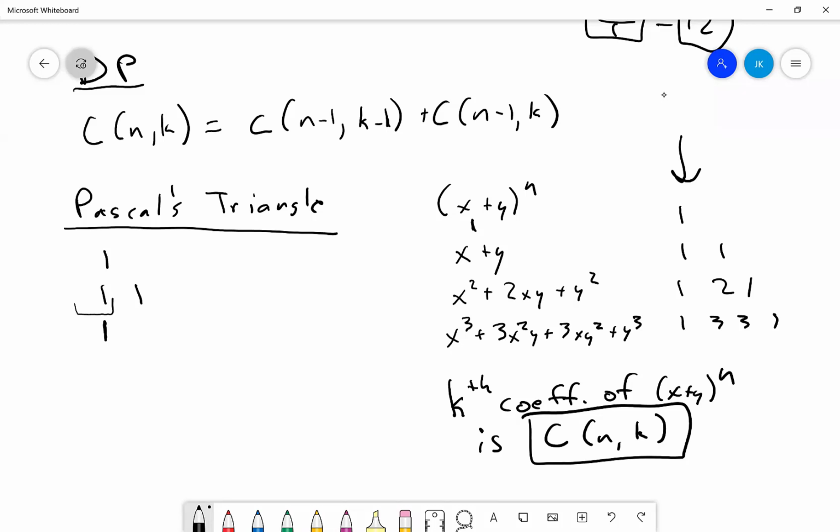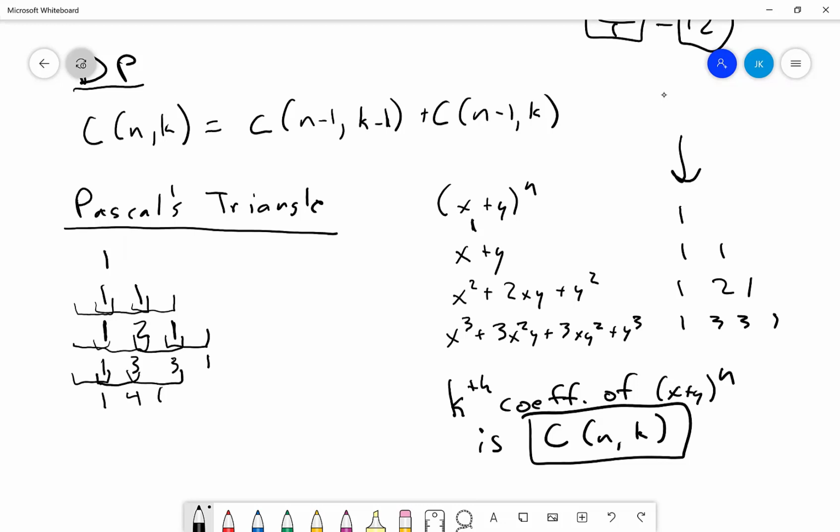So 1 and whatever was before it, that's nothing. Add those two together, that's 1. You add these two together, you get 2, and then you add these two together and you get 1. So now I'm going to add that. I get 1. I have 3, I have 3, and I have 1. I do this again. I get 1,